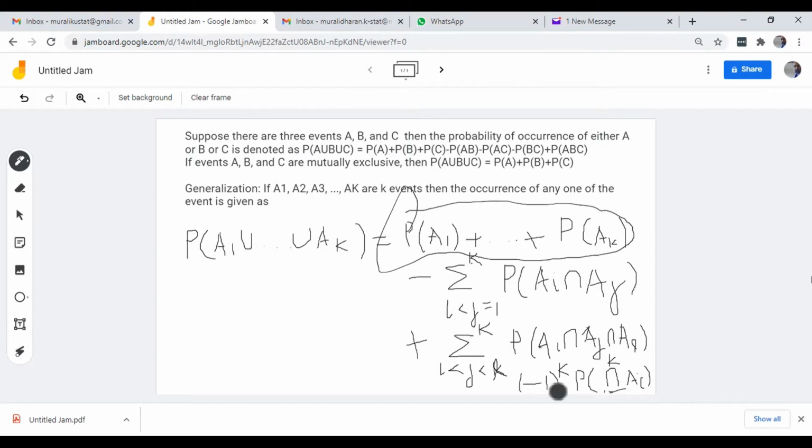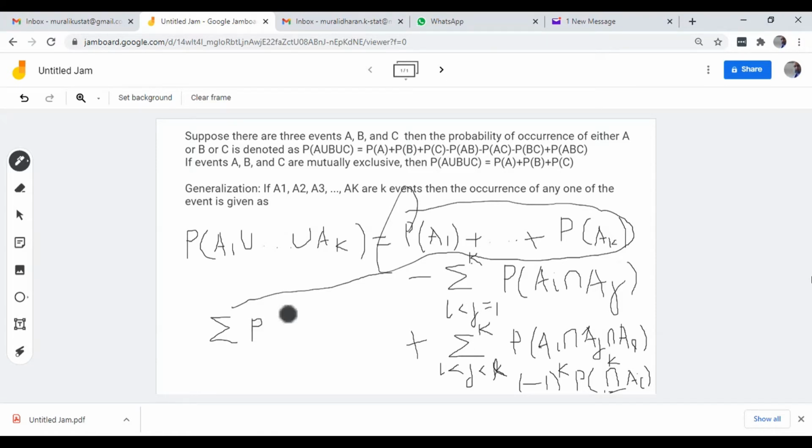So this is finally going to be the occurrence of any one of the events if you have k events. We are not saying that they are mutually exclusive. If all the k events are mutually exclusive, you will have only this much part, so all this will be absent. Okay, so let me write it again. I am not going to write this whole bracket; I will write it as summation P of AI.